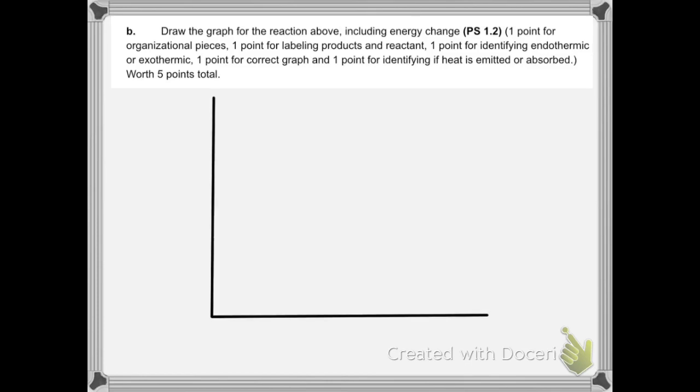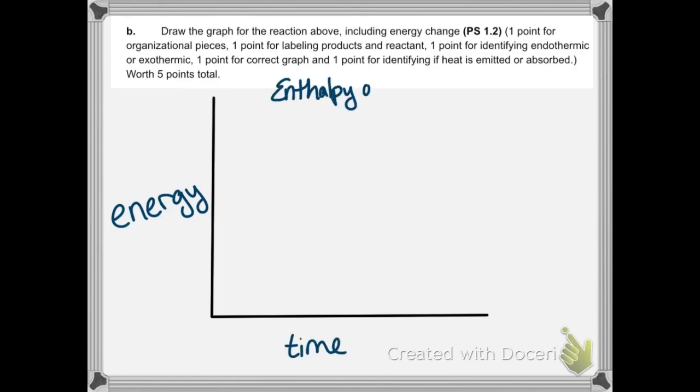Once we do that, it does say our first point to get points here is to label the organizational pieces. So if we do that, we're labeling our y-axis with energy, our x-axis with the time. We're labeling the title for the graph. So if we look at our title, it should be enthalpy of a combustion reaction. If you want to do enthalpy of ethane, enthalpy of CH3CH2OH and oxygen, whatever you want to do, as long as you're giving me some sort of title that makes